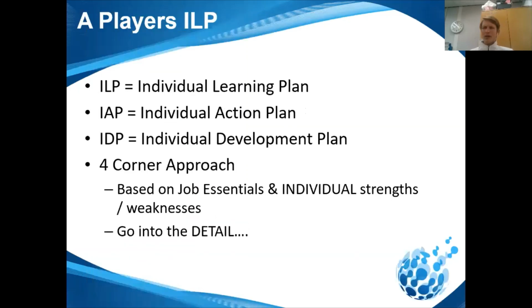So then coming away from the job spec, the other prong of attack is going to be reliant on the job spec to a degree. I always think the job spec is the starting point for anything. What do we want our players to be able to do to be successful? You've then got the more specific, I call them individual learning plans, but they can be called individual action plans. We call them individual development plans at London. I've seen them around. So this is an actual player-specific individual action plan: what they need to get better or what they need to make even better to be a super strength. And we always do a 4-corner approach.